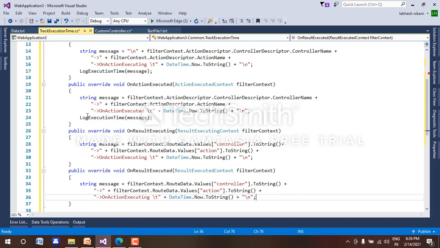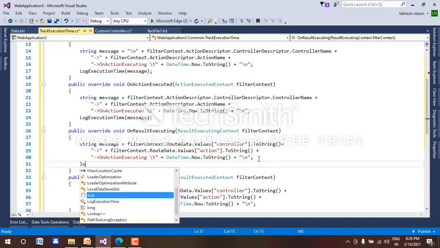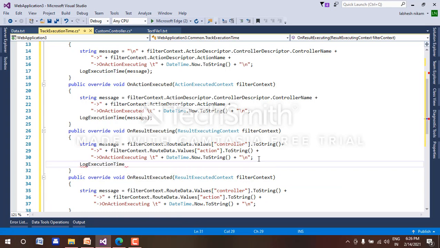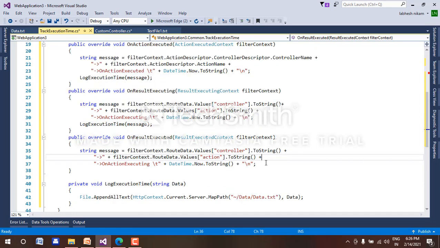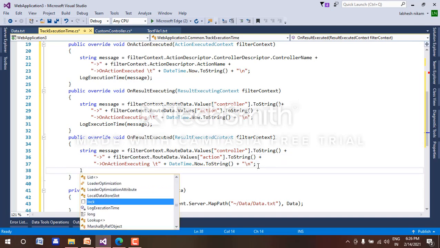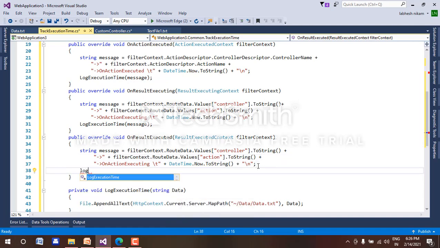One thing is remaining: the log execution time message has to be displayed here. So log execution time message for this also. Okay, for result executing, and for result executed also we need this log execution time message, right?